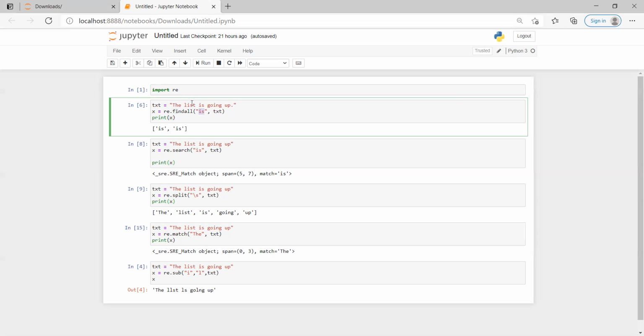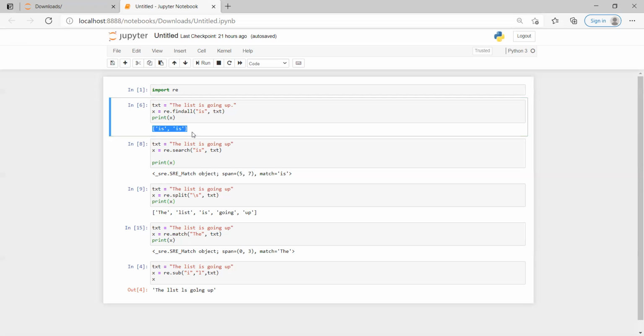Where is the "is" appearing? In "list", this is "is", and "is" also has "is". So there are two occurrences of "is" within this text, and findall returns the occurrences as output.